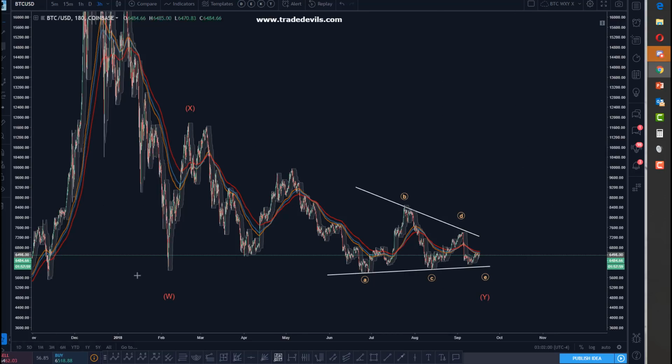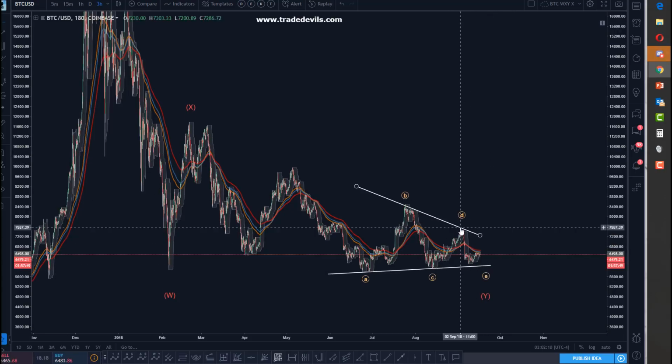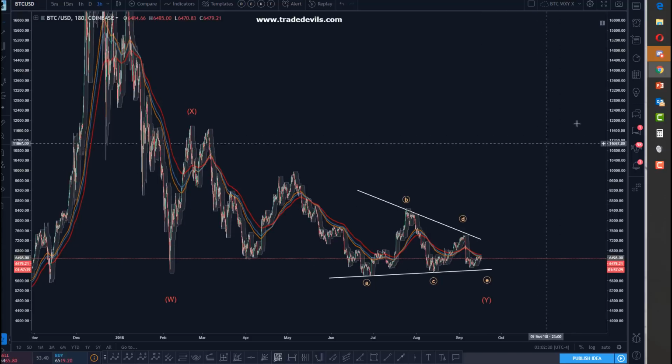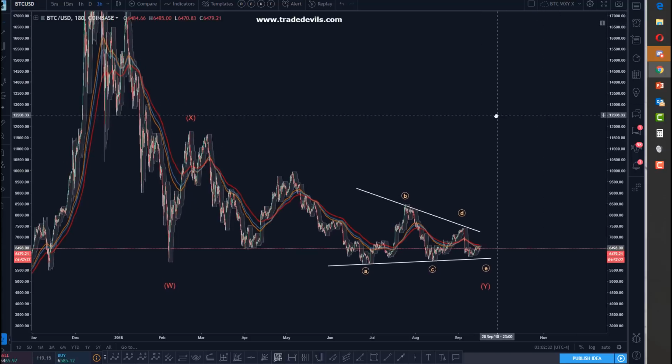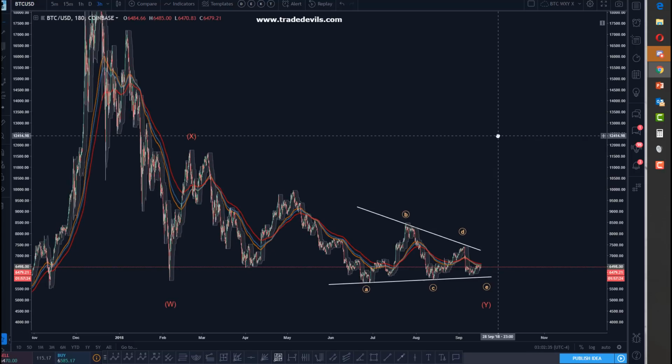First thing is, just look at how enormously substantial this A is, right? Just massive compared to the B, the C, the D, and the E. Secondly, this ain't the E, right? Because if this was the E, by now it would be in like 8,000 or 9,000. I guarantee you. The thrust that follows the Y, the E of a Y correction, that is of at least a primary, if not a cycle degree, is going to be epic. You will not want to miss it.